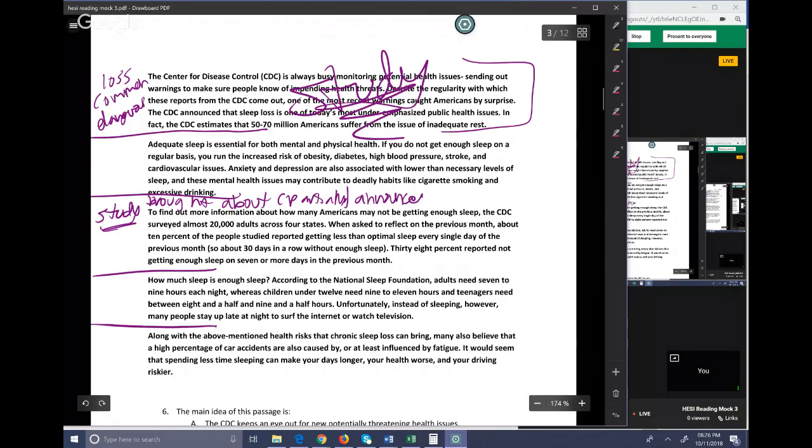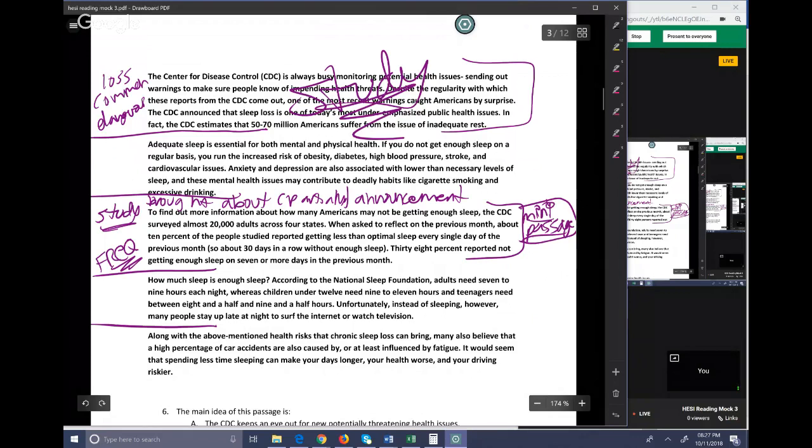So they're mentioning the study because this study showed the frequency of sleep loss. So this paragraph was a study, the fact that it's showing the frequency of sleep loss in two different ways, and the fact that they did the study in a particular way. So you almost have like a mini passage here. They described the study in full. They introduced the study. They said, here's what the study found results-wise. Here's how the study found those results. You almost have a little teeny tiny passage within a passage.